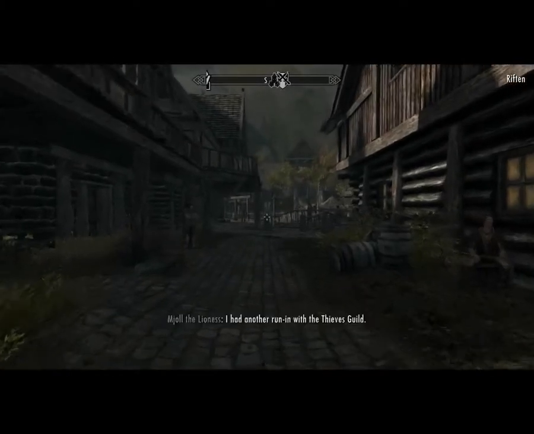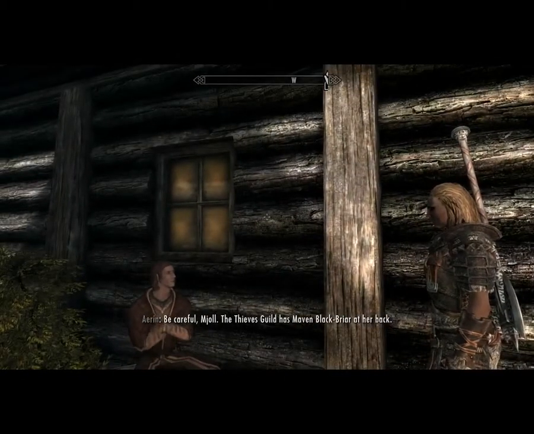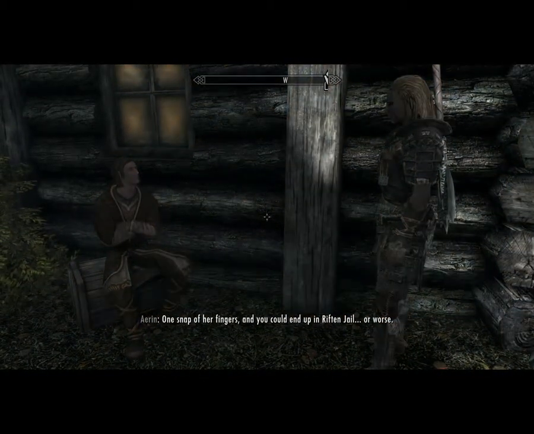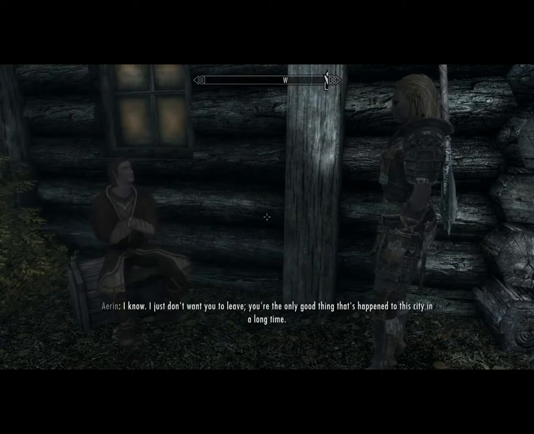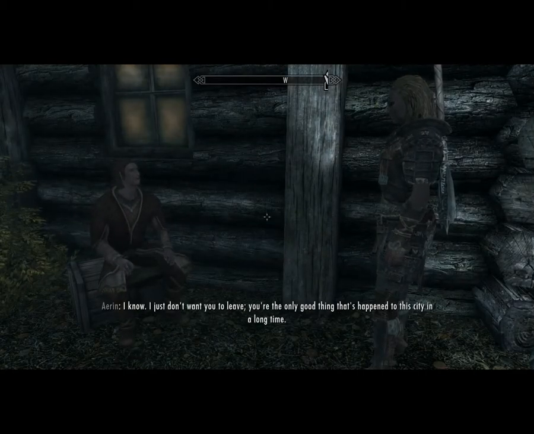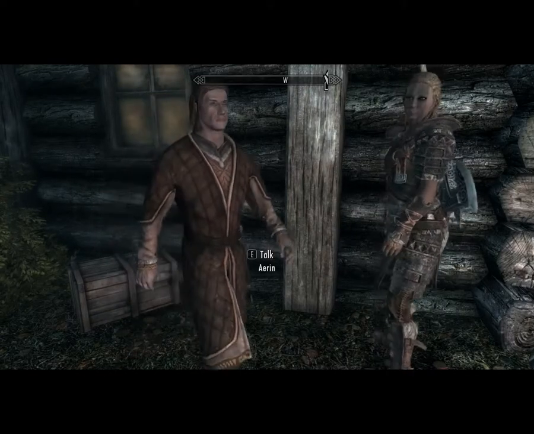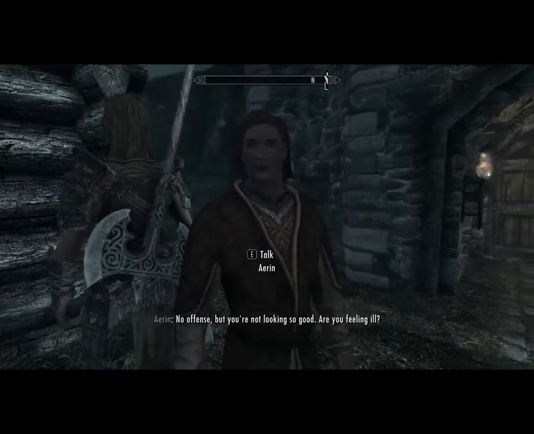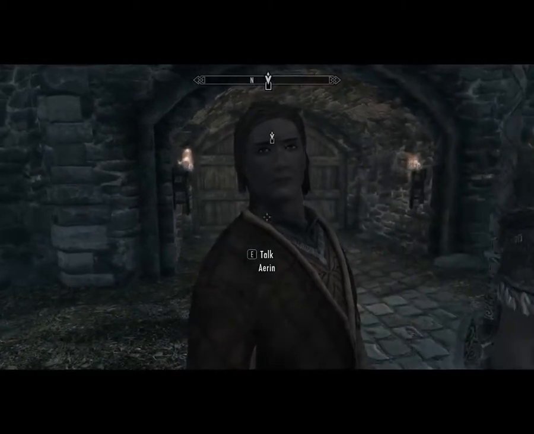Riften is home to the Blackbriar Meadery, one of the most successful of its kind. I had another run-in with the Thieves Guild. Be careful, Mjoll. The Thieves Guild has Maven Blackbriar at her back. One snap of her fingers and you could end up in Riften jail. Or worse. They represent the reason I'm here. I can't just ignore them, Aerin. I know. I just don't want you to leave. You're the only good thing that's happened to this city in a long time. You're a stranger here too, huh? No offense, but you're not looking so good. Are you feeling ill? I've never seen Mjoll this upset about anything. The city really gets to her. Yeah, this pair...